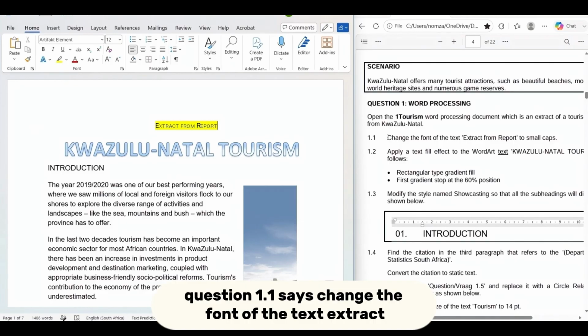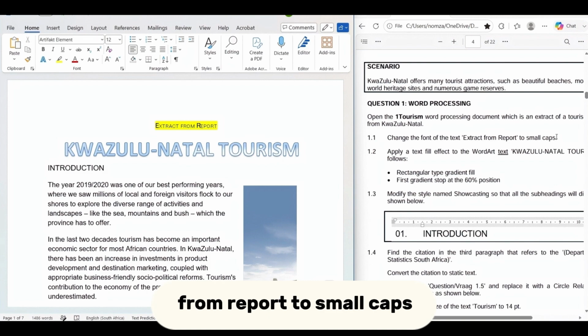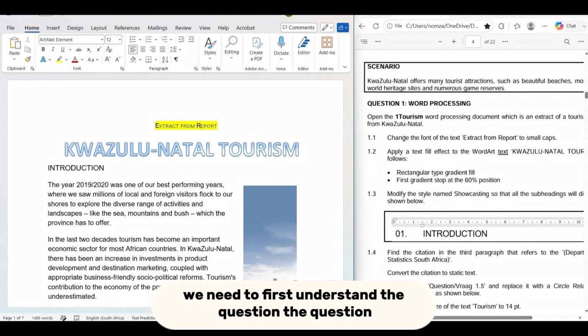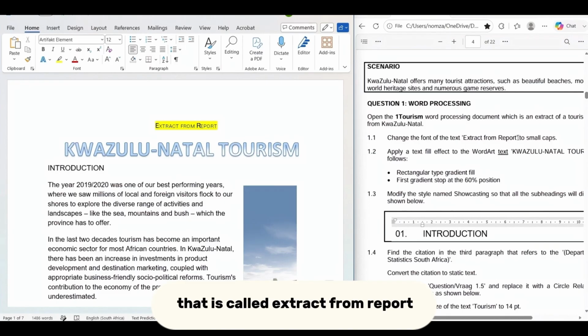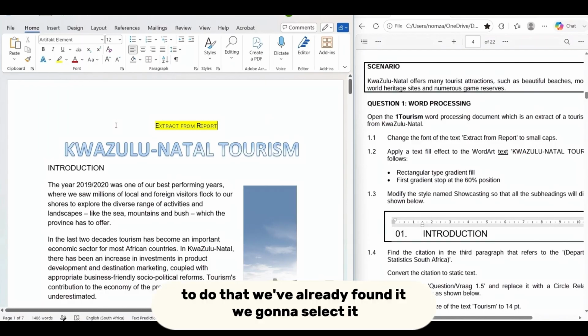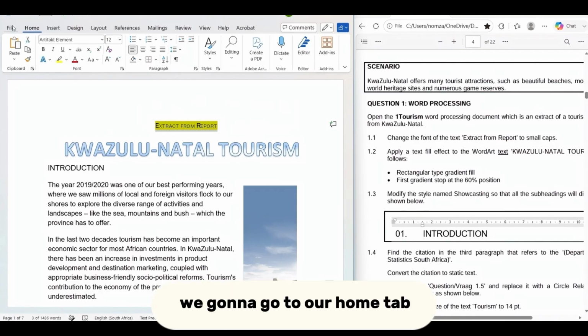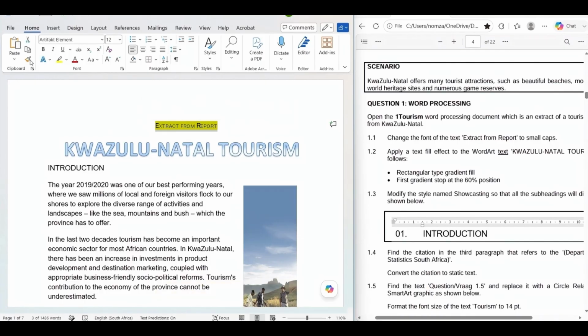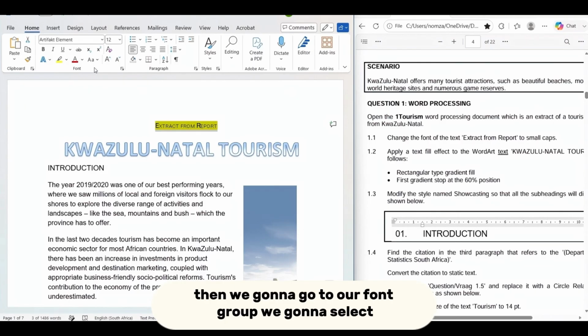Question 1.1 says, change the font of the text extract from report to small caps. We need to first understand the question. The question says we need to look for the text that is called extract from report. And then we need to change it to small caps. To do that, we've already found it. We're going to select it. We're going to go to our Home tab. Then we're going to go to our font group. We're going to select